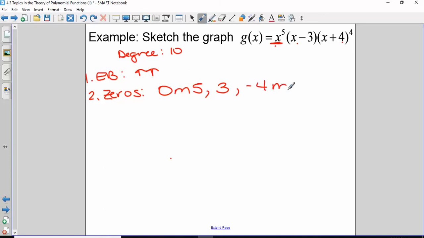Okay, 4 multiplicity is 4. Does everybody know where I'm getting those? Next step, do we bounce or go through? So this one, multiplicity is 5. 5 is odd, so it will go through. 3 just has a multiplicity of 1. 1 is odd, so it goes through. -4, my multiplicity is 4. 4 is even, so the graph will